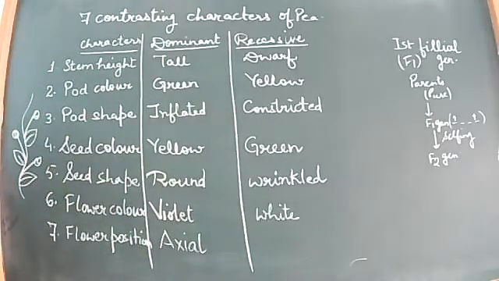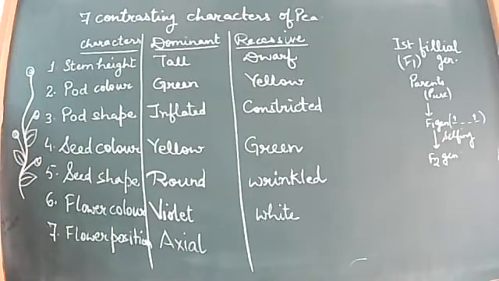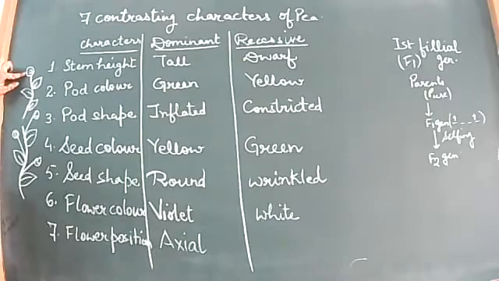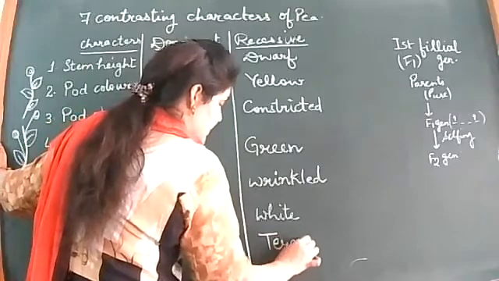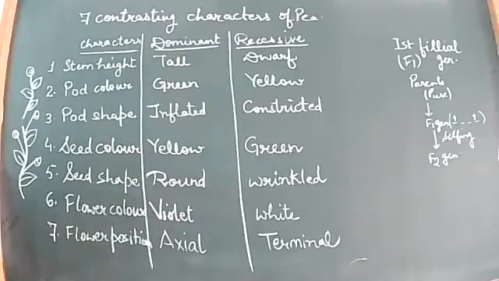But there is another feature that is less common, in which there is a plant bearing just a flower at the tip, no flowers in the leaf axils. This is another plant. It has leaves, but the flowers do not come in the axils of the leaves. The flowers will be only at the terminal end. That position is called the terminal position of the flowers. So these are the seven features that show the contrast.